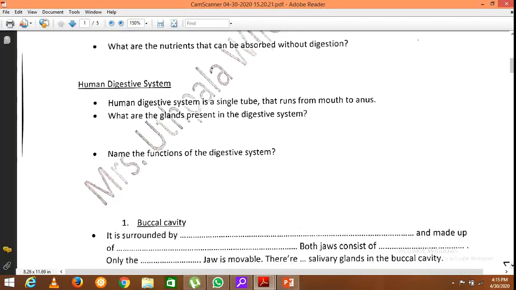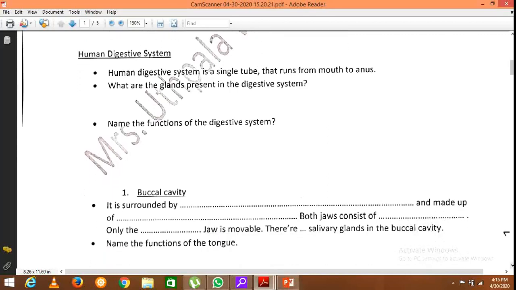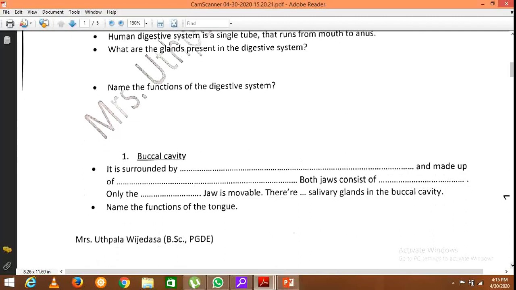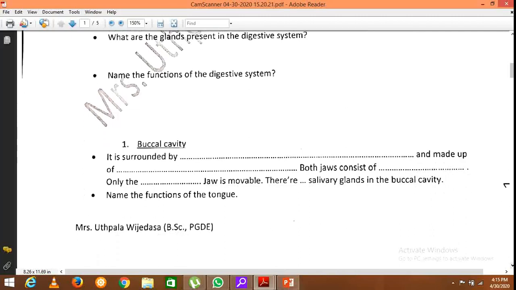So we'll consider the parts of the digestive system. It starts with the buccal cavity. Some people call this the buccal cavity as well. This is surrounded by muscular lips and cheeks, and this consists of a lower jaw and an upper jaw. There are teeth on both jaws, and there is the tongue also,